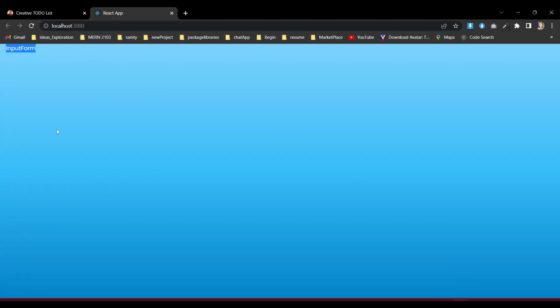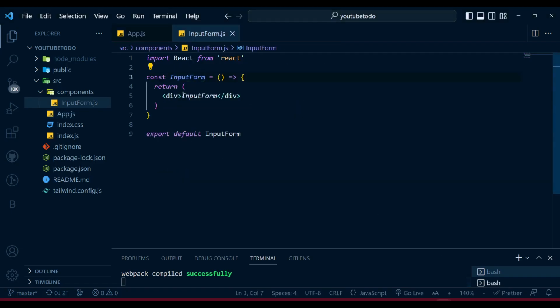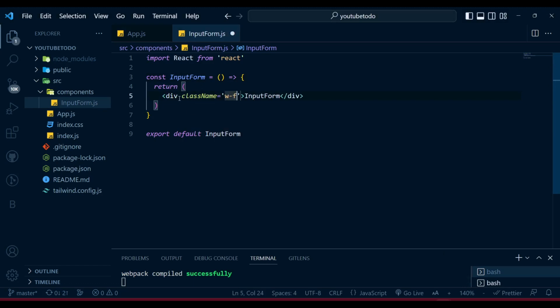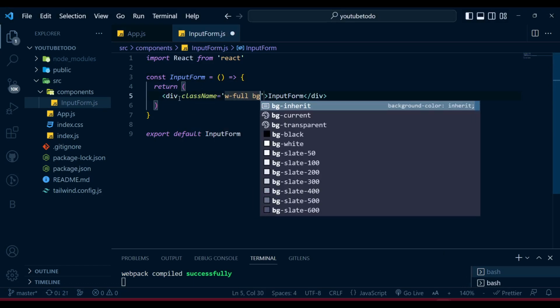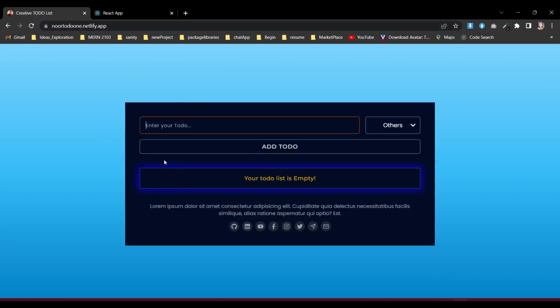Now for that input form, let's also start working with it. I'm going to give it a class name. I'll give it a full width, and bg will be body color. If I save it, you can see it's taking the full width, but it should not be taking the full width because, as you may see, there is a restricted width over here. So what I'm gonna do,